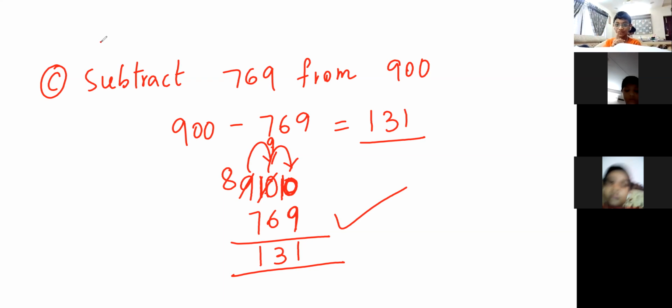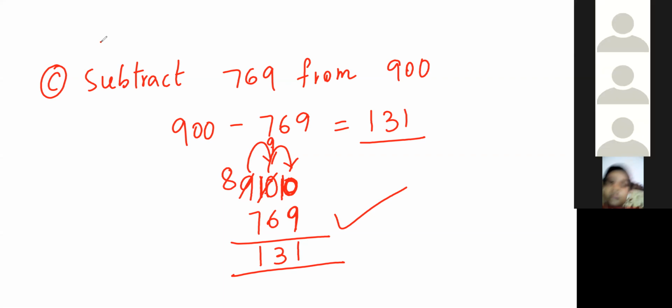If any time you have to solve this kind of problem, you have to go through it very carefully. Got it, children? There is no need to worry if there is no chance to take borrow. What you have to do is just move to the next places. Depending on that, you have to take borrow, right children? We'll be doing this kind of problem further in the next classes also. In 4-digit numbers also you may find this kind of problem. So let us do those problems in the next class. But right now you go to course book page 3, children.